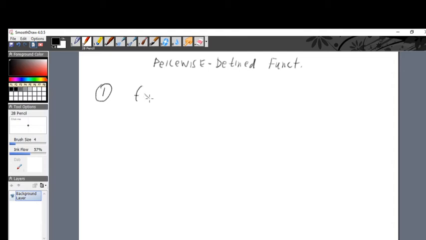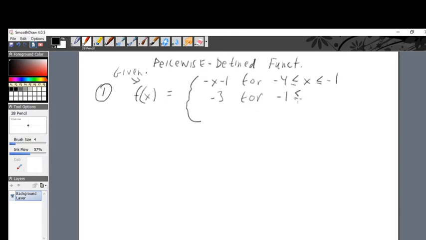F of x, here's the given, right here. F of x is equal to negative x minus 1 for the following values: x is between negative 4, and also equal to negative 4, and up to negative 1. It's going to be equal to the number negative 3 for the interval that x is between negative 1